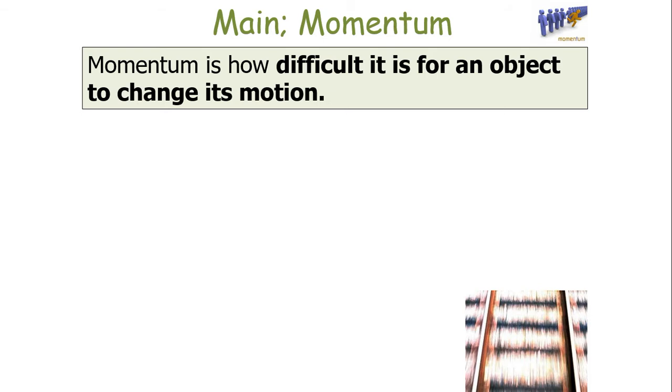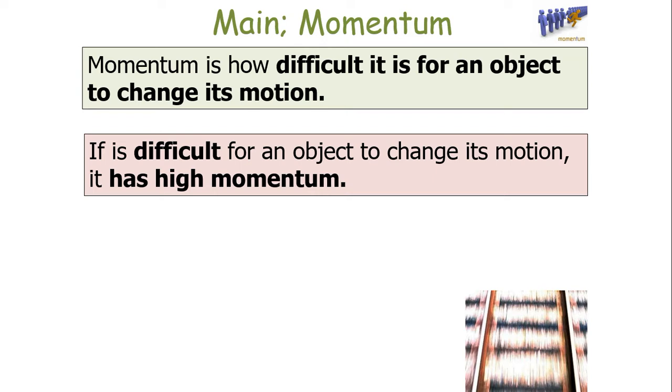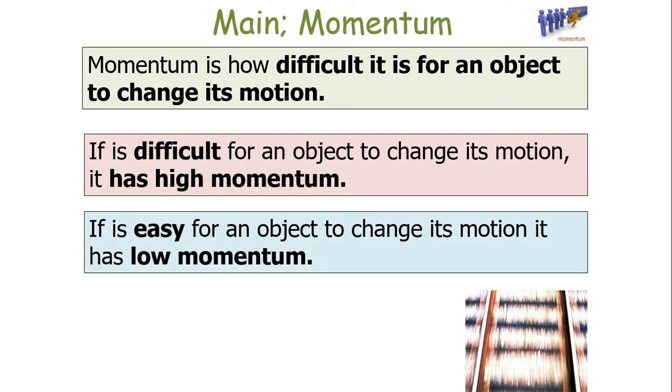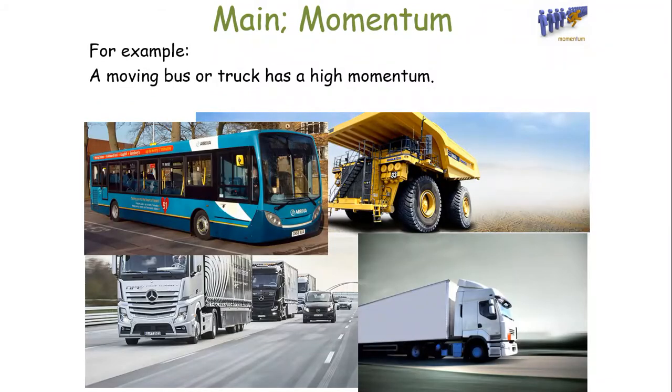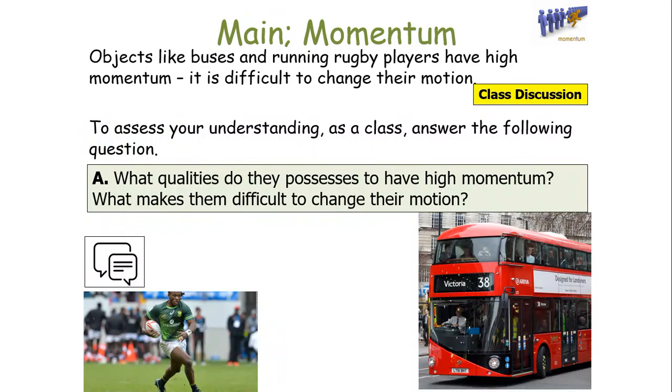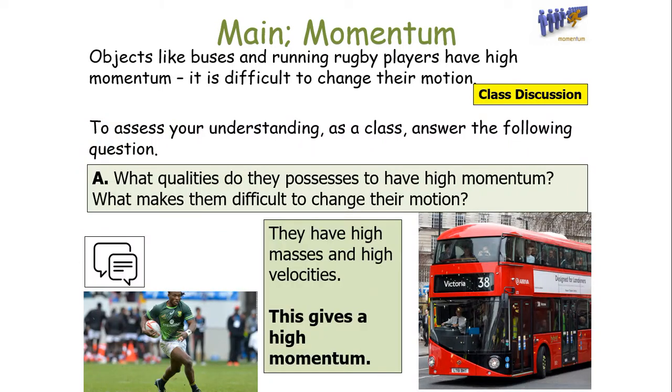Now, momentum is how difficult it is for an object to change its motion. So if it's difficult for an object to change its motion, it has a high momentum. If it's easy for an object to change its motion, it has a low momentum. So for example, a rugby player has a high momentum. Why is this? A moving bus or a truck has a high momentum. Why is this? Because they have a high mass and they've got a high velocity, which gives them a high